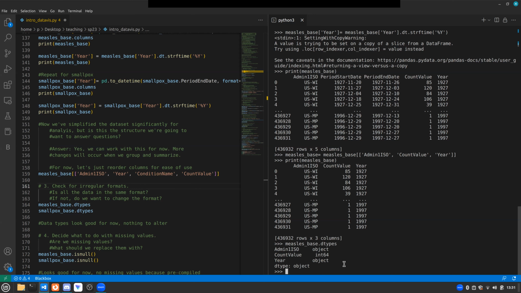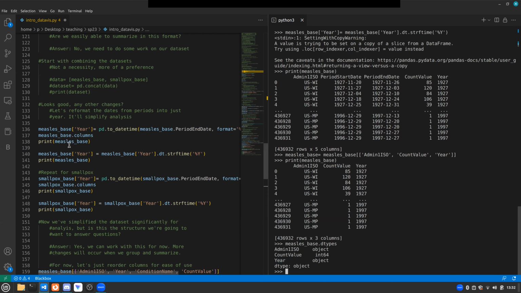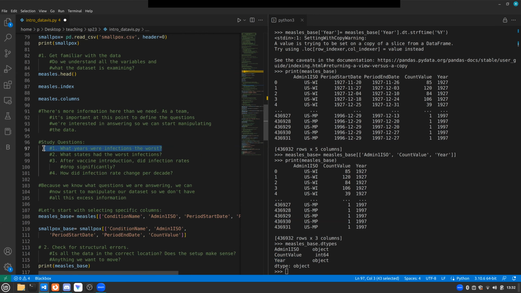So we could technically leave it how it is for now. That would be fine. But year is a numerical value. We are aware of that right now. And as far as the analyses we're doing for the 4 questions that we've formed, it doesn't help us in any way to have year as an object. It could potentially hurt us to have year as an object, because if you think of, we want to measure, let's go back to our questions. We want to measure what years were infections the worst, right? So that's what we would call a time